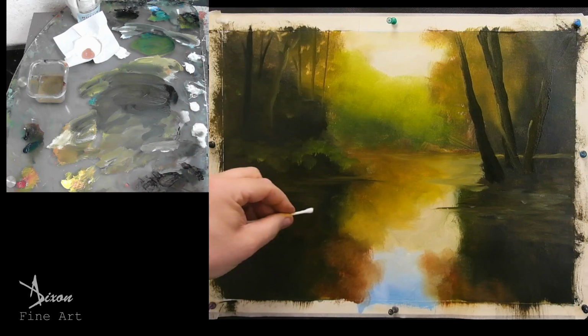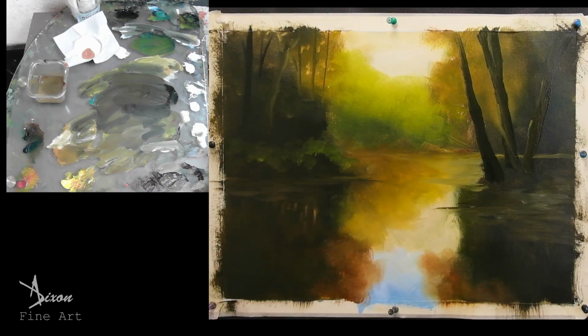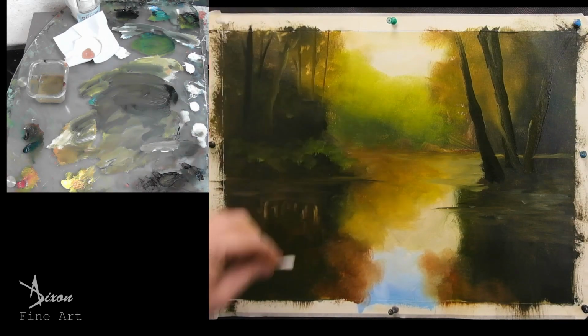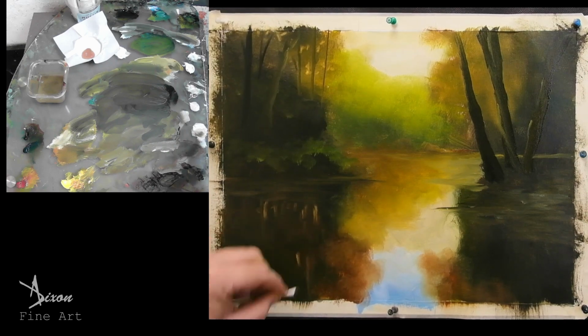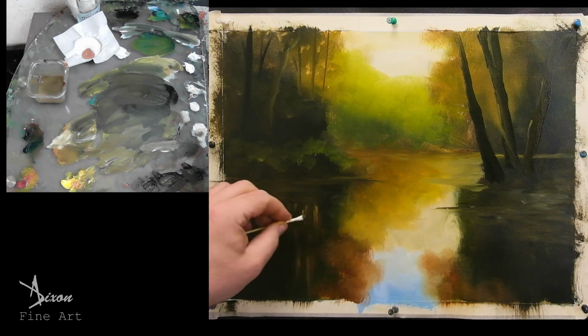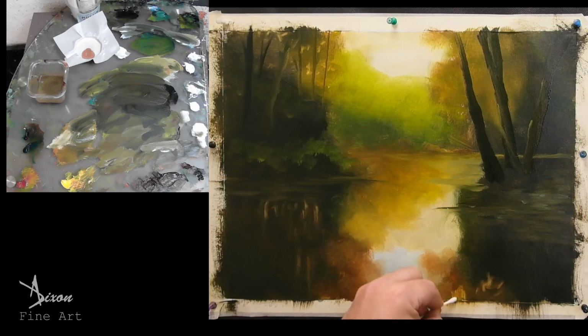Right, let me see. There's plenty of reflections down in here. Oh, there is. There's the next one there, just straight down. Okay, now let me see this. We got another one. I don't mix it up. I'll put a little bit of sky in here as well. I'll try this